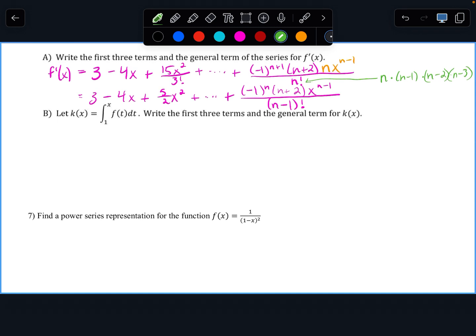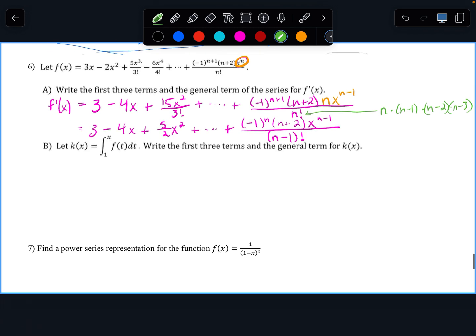Okay. I mean, if we're doing derivatives, why don't we integrate? You know what I mean? All right. So now we're going to integrate. So K of x. Now I need to do f of t. Okay, so if I'm going to integrate, that's going to be 3 halves x squared, right? Minus 2/3 x cubed